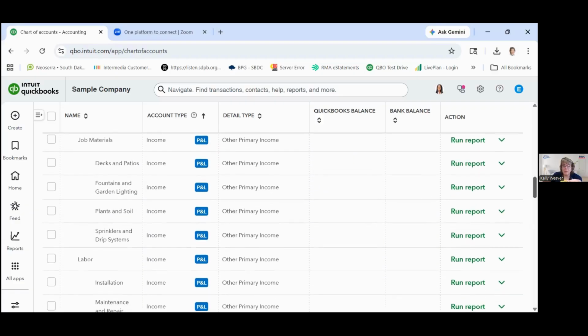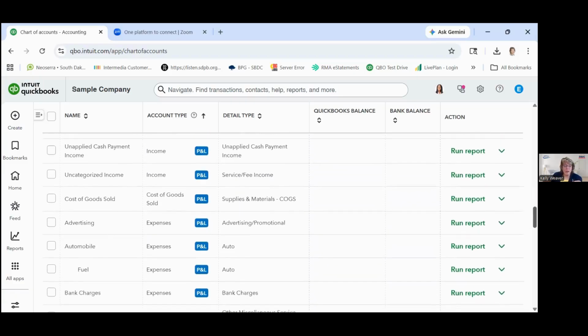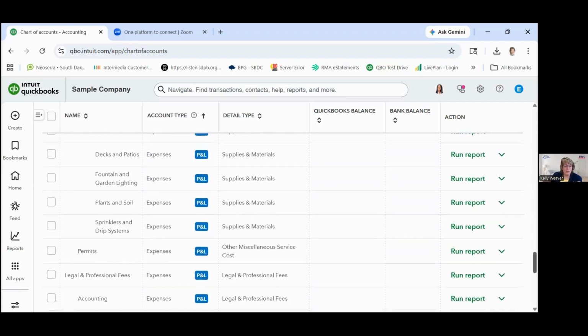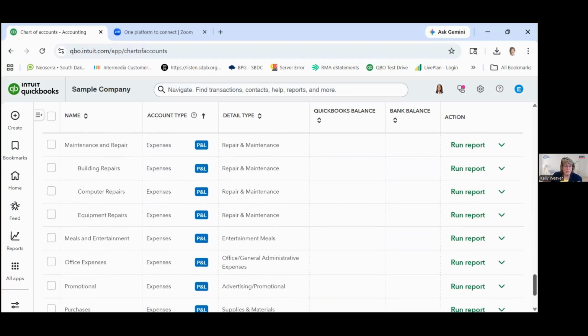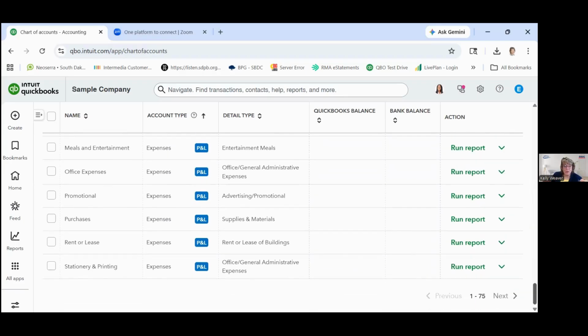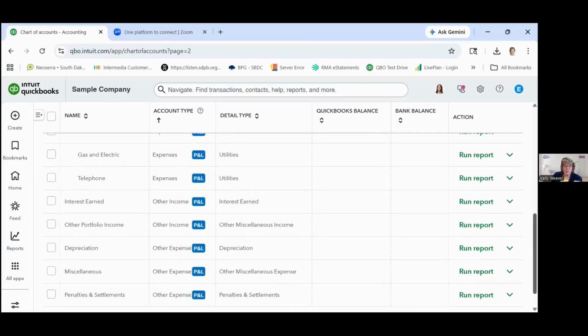And keep in mind that there's ways to see things without breaking them out. And I'll use my favorite example I like to use about that. So somewhere under here, we've had it before, telephone. As you see within the expense categories and within the income categories, they're typically organized alphabetical. So I'm going to have to go to the next page to get to telephone, which is a sub-account under utilities.